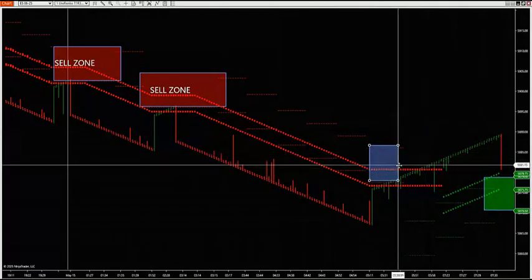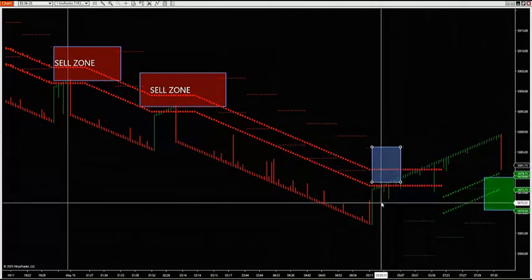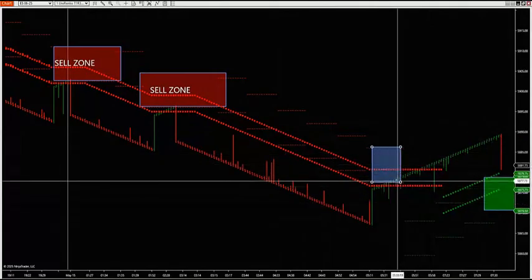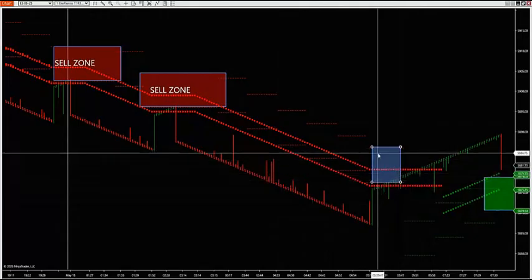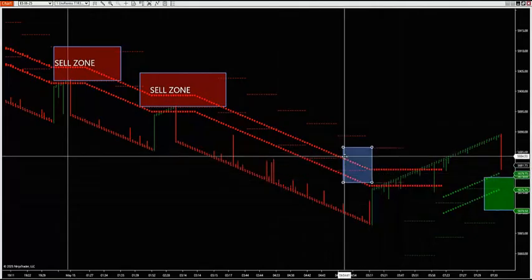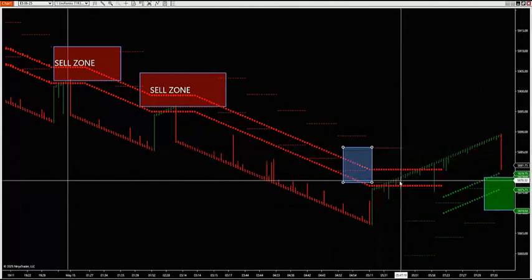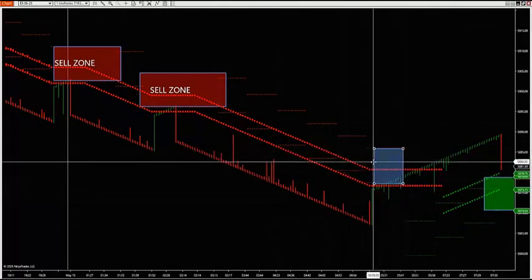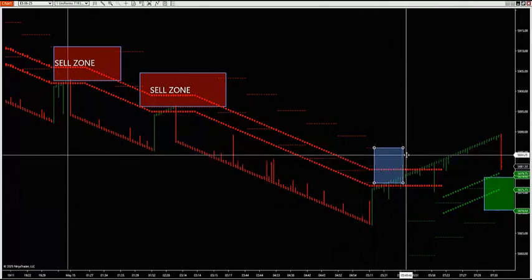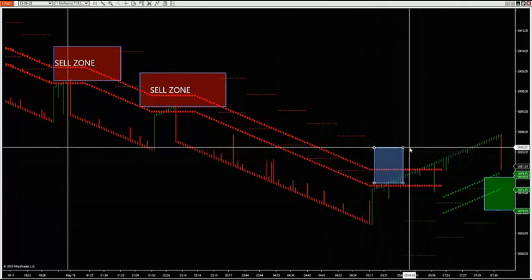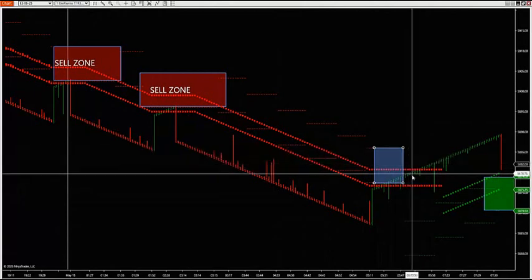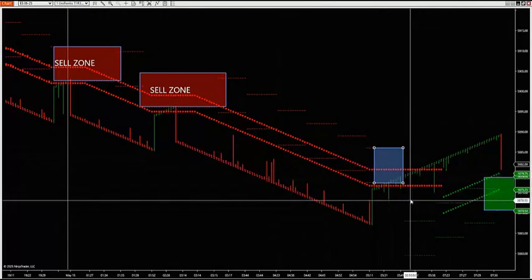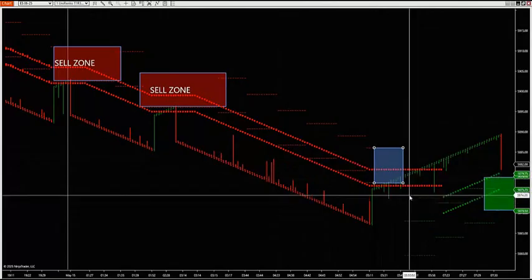When price gets into, let's look at this sell zone right here. When price got into this sell zone, you can see price entered in between this sell zone. Once it enters the sell zone, it needs to reverse in that sell zone. It cannot break 86.25, the high of that dash line or the zone. It needs to do a reversal candle and give us what's called a V-top to confirm